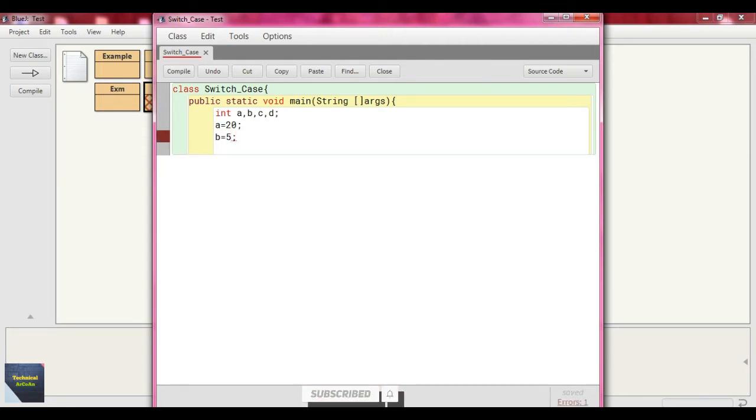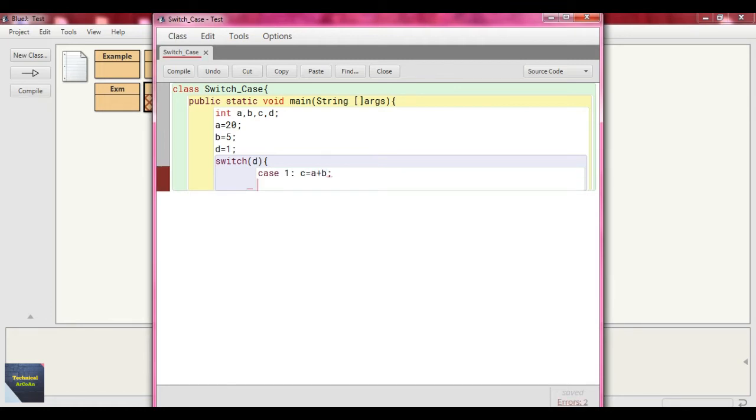And now what happened? At first we initialize d with its value 1, and now we use our switch case statement and send the value of d here, okay, and just write the case. At first we write the case for 1, and suppose we do addition c equal to a plus b, and also we want to print the value, so just write System.out.println and just print "sum equal" plus c, means we just concatenate, and should put a keyword break.